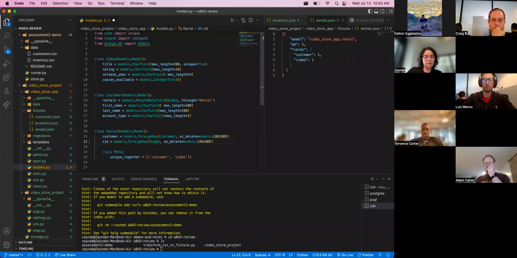I'm pretty sure this is the same concept because we were talking about it. Right now, you created your model, and say for whatever reason you wanted to add a description to your video. Once you add the description and give it whatever type, like a char field, when you go to make the migration,